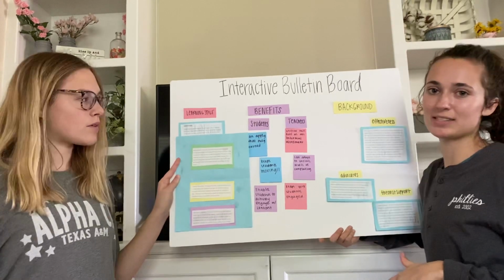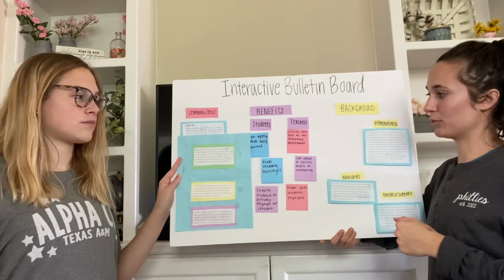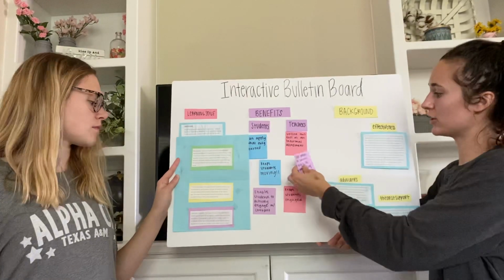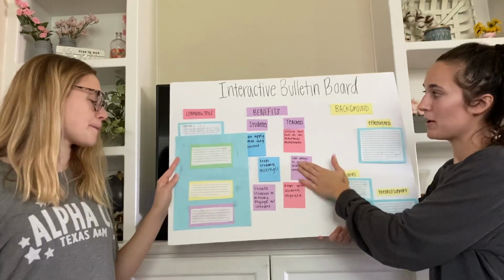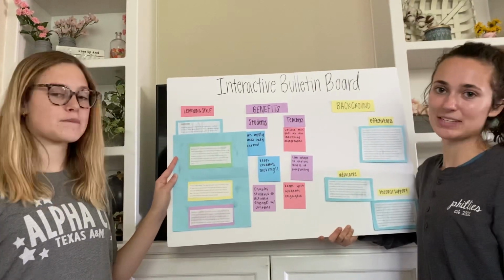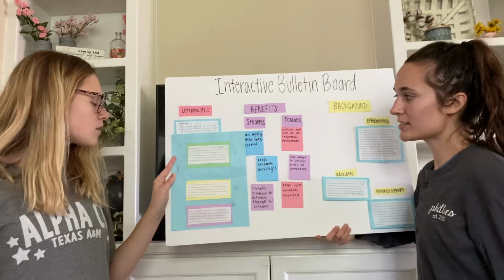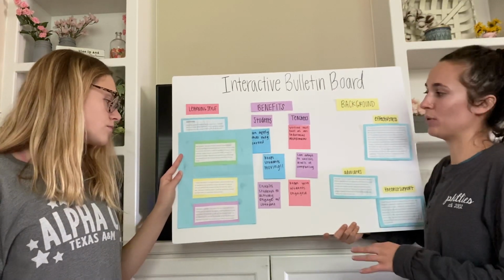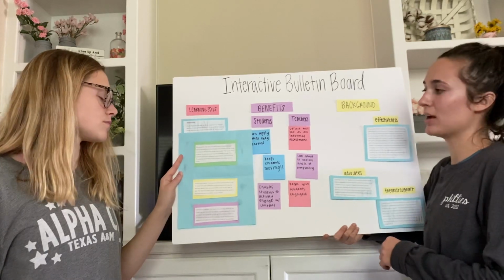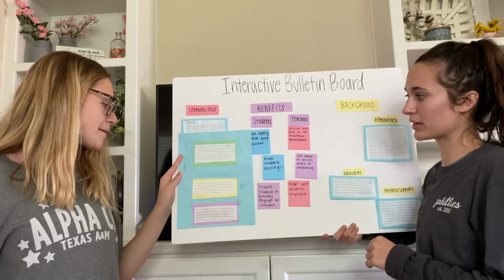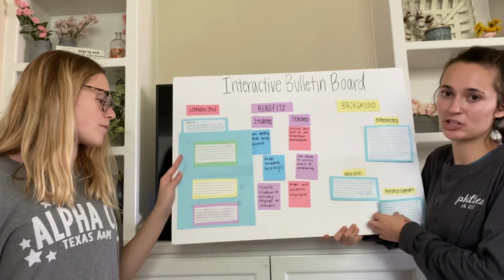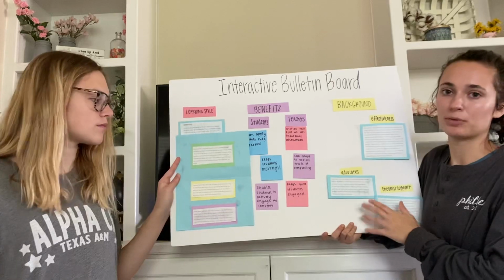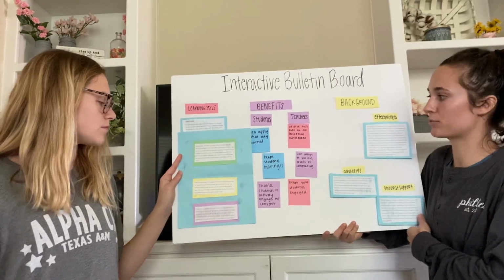And then they can post what they think their answer is here. Essentially, moving parts is different parts on the bulletin board that are moving. It can also be shown through them posting their own sticky notes of their thoughts and ideas of what benefits are for students or whatever you're teaching in your class. These can uncover hidden answers, and they can show you a good way of how well the students know the content you're teaching them through the bulletin board. The teachers will just create the information that the students have to work with through the moving parts. This is probably one of the most popular types of interactive bulletin boards, just like what you think of when you think of one.